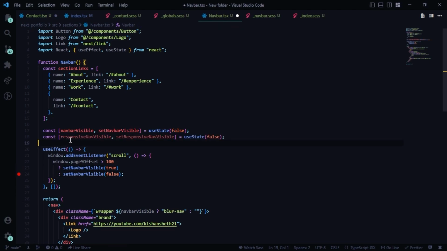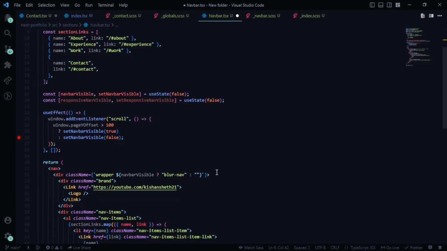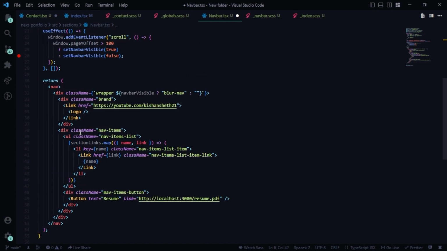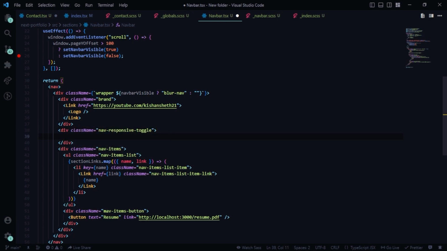So now let's get started with the responsive nav, and for that I'm going to create a new state first. So this is responsiveNavVisible, setResponsiveNavVisible. Initially it is not visible. Then I'm going to import some icons. So that is going to be the hamburger menu and the close. That's it. And after that, after the brand section here, I'm going to have a .nav-responsive-toggle, and inside of that what I'm going to do is